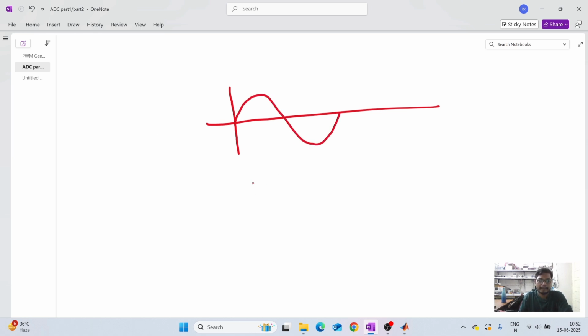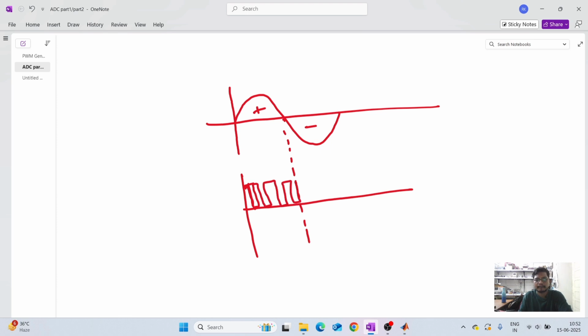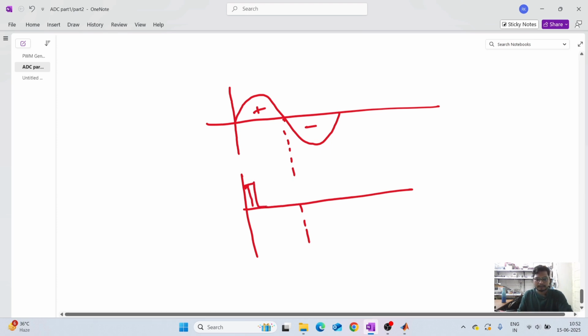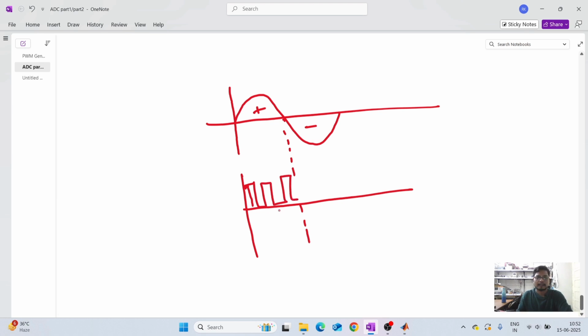So what I have made here: if the sine wave is positive, then I generate a pulse, a train of pulses, for the switch. Train of pulses means for the positive half cycle there are different pulses. So for the positive half cycle I generate a pulse for switch 1, and for the negative half cycle